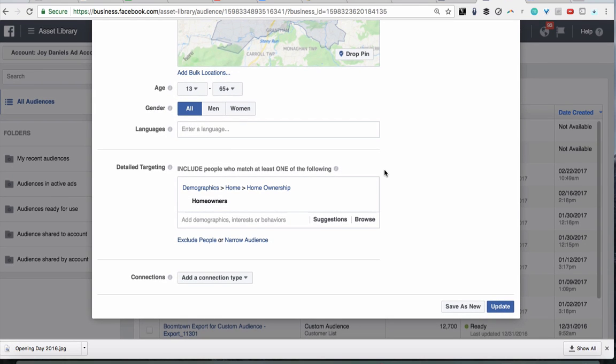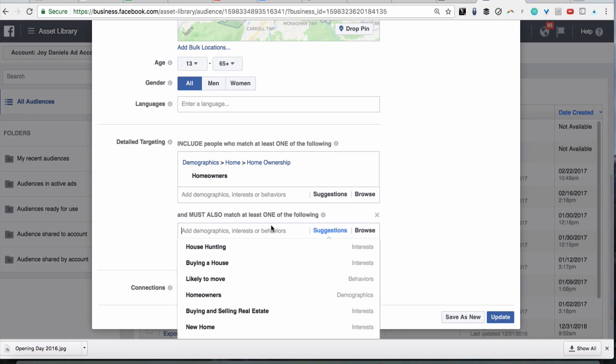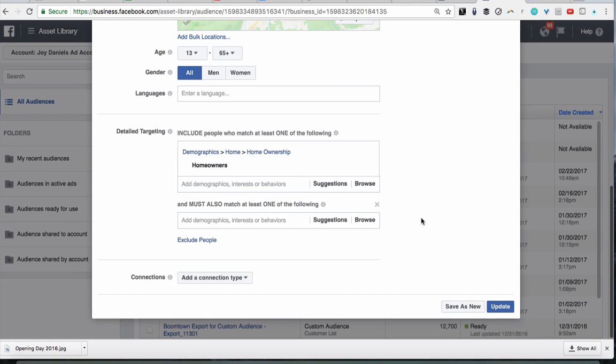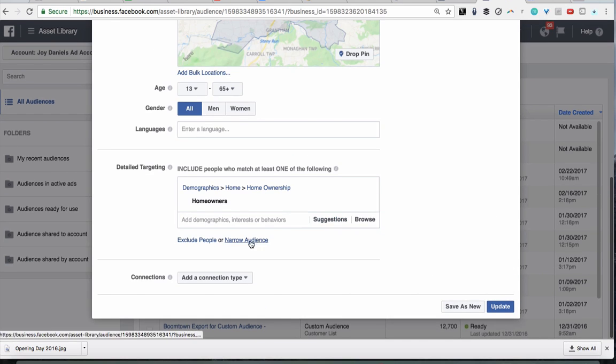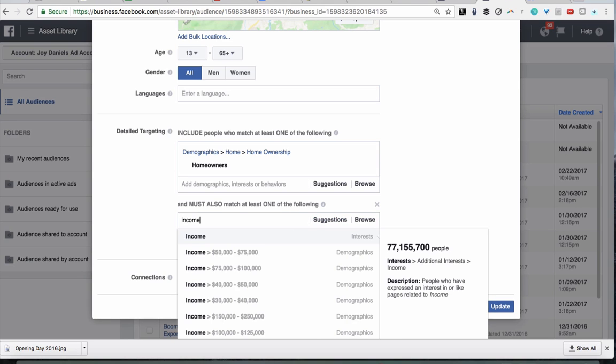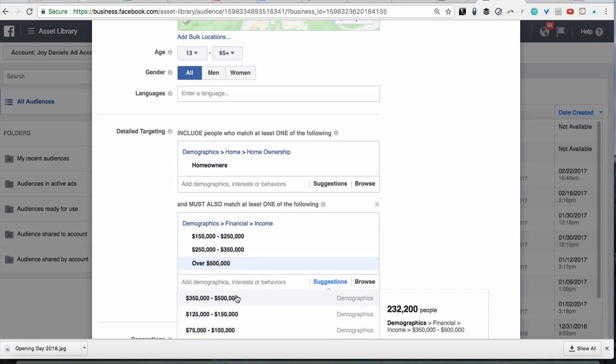But I can narrow down the audience. Let's say that I only want to target people who own a home and also have an income of 100,000 plus, at least according to the data that Facebook has. Well, I can type in income here. Notice, let me just take a step back here. I would click on narrow audience right here. And then I can type in things like income, and then I can select, let's say, 150, 250 over,